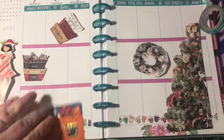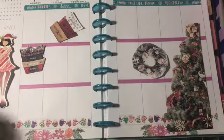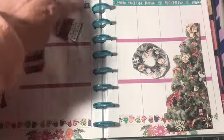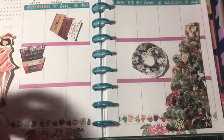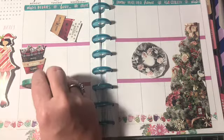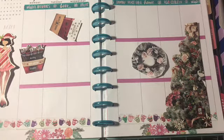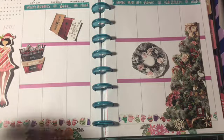So, you know, everybody kind of has their own style of planning and where they put their washi and all that. Some people like to put their washi right on the rings, you know, the holes for the rings, because will that fit on there? Nah, I might just leave that pink there because it kind of does match. Yeah, I think I'm going to. Okay, so I've got to glue down this